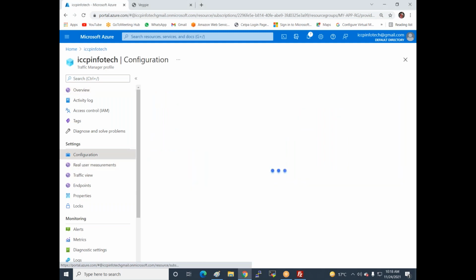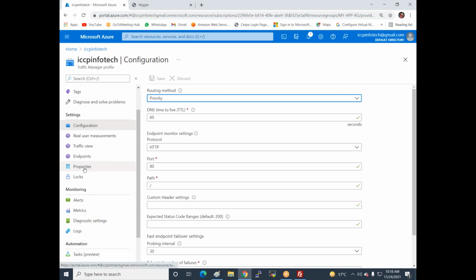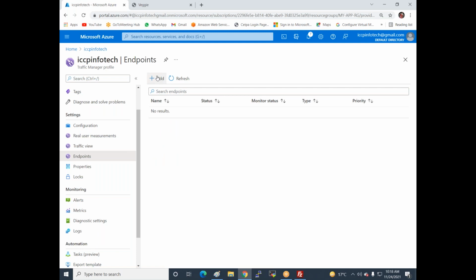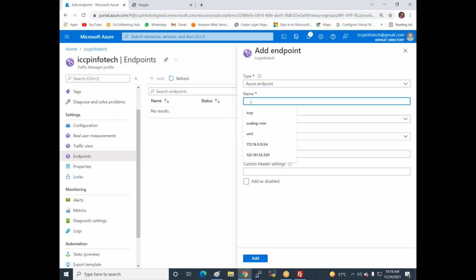Click on configure. Not this one, just a minute. I click on endpoints, and then in endpoints I click on add, and then you can see the Azure endpoint. So now I create an Azure endpoint, like US app.